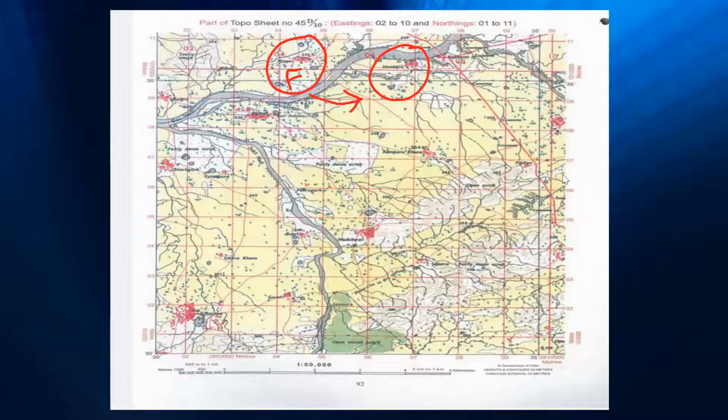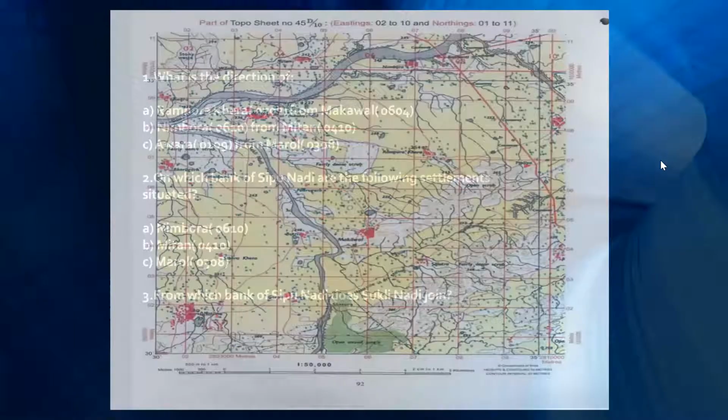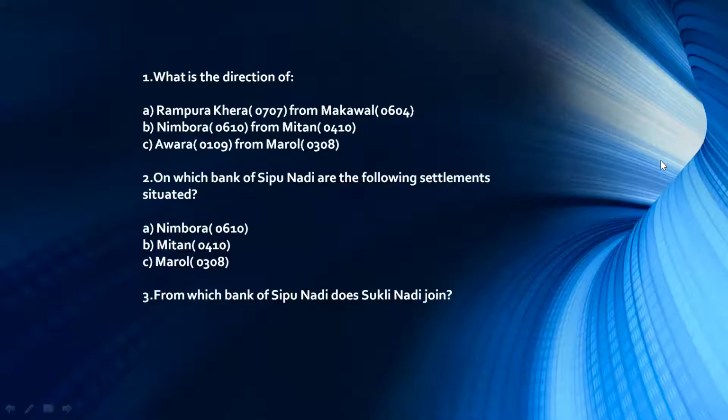East. Southeast? Is it on which side? Yes, east. Very good. It is straight, children. It's not on the upper or lower half, just straight. So it's on the right-hand side, east. Simple. Third question. What is the direction of Awara?